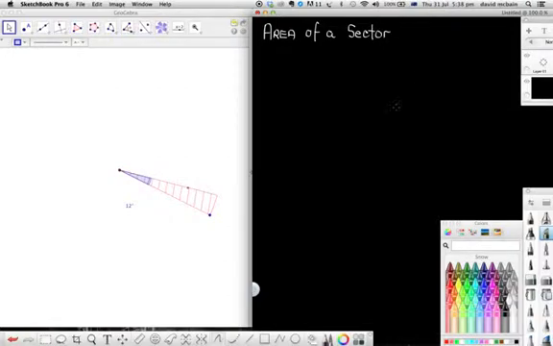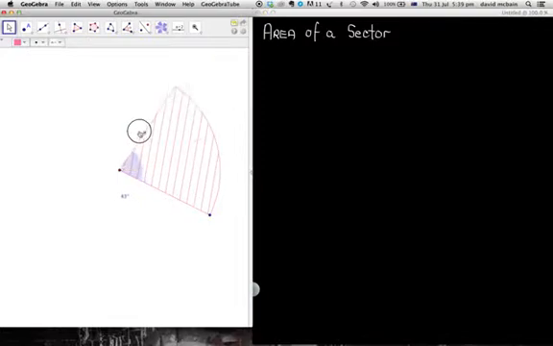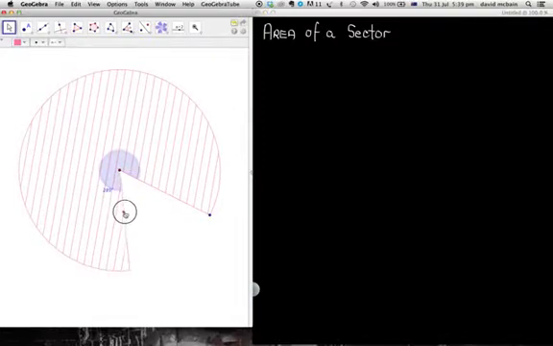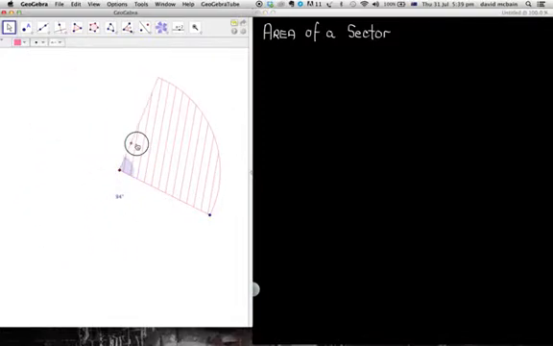Now, if you remember from part 1, a sector is a portion of a circle, and think of it like a piece of pie. So there's our sector here that we can change the amount of, the fraction of the circle. And that's going to be really important when actually working out the area of a sector. Because from last lesson, you remember that the area of a full circle